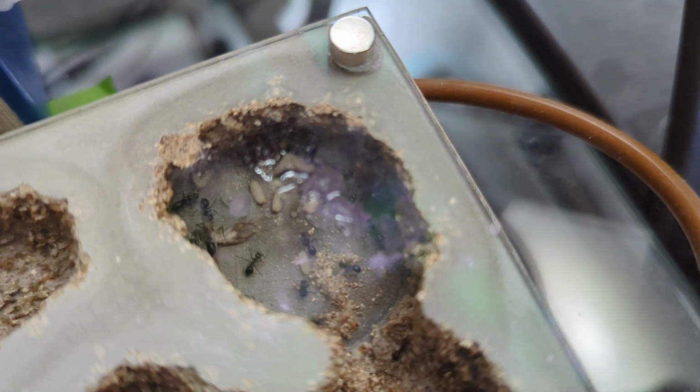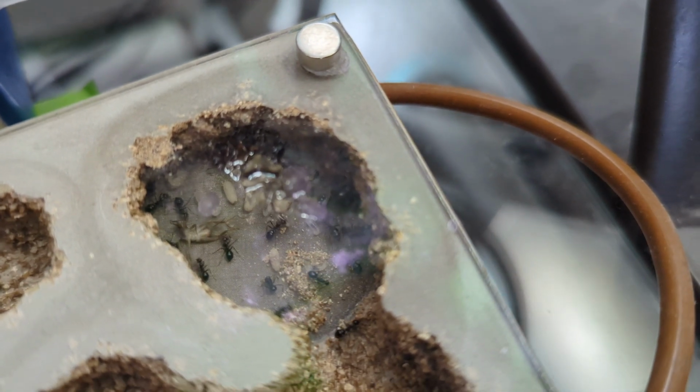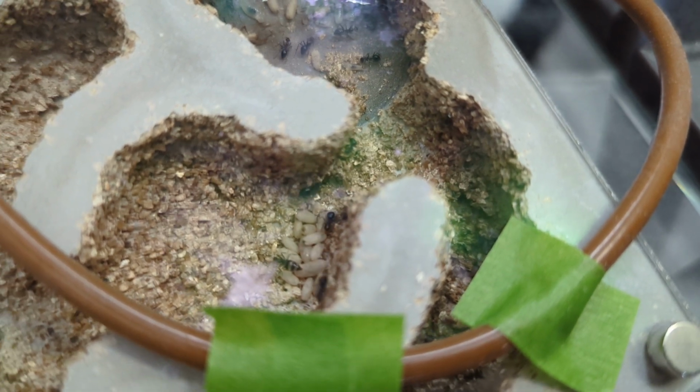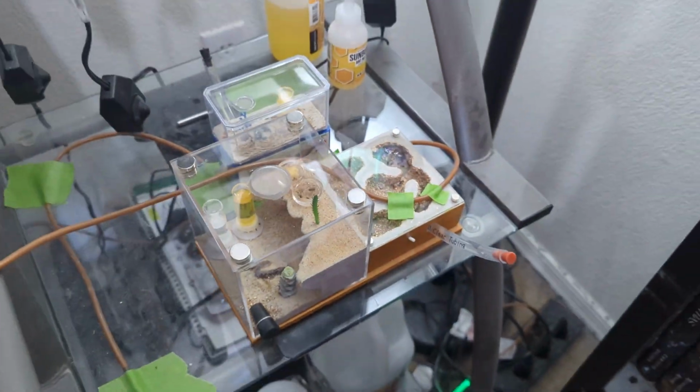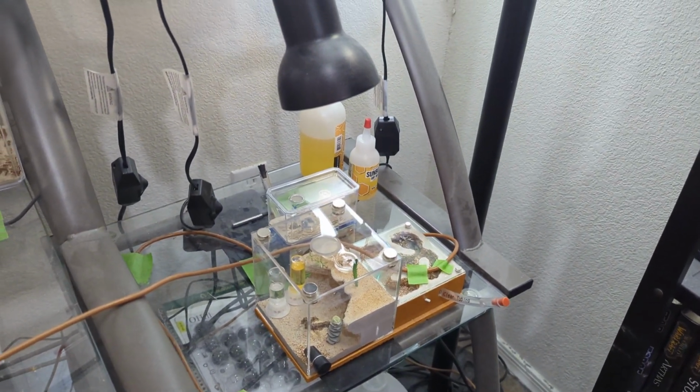Oh yeah, they did pull one of the... I hope I'm not saying flies again. I keep meaning to say crickets. Look at that pile. Call me crazy, but let me know what you guys think. But I think